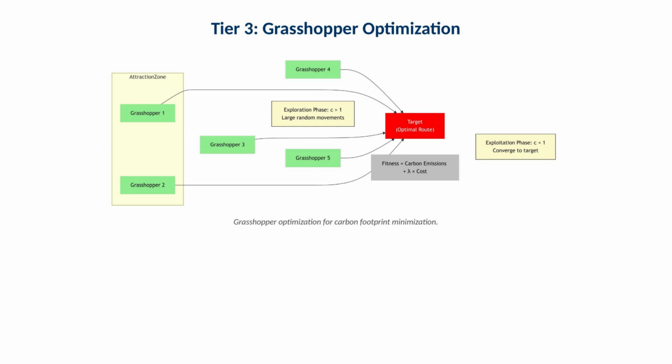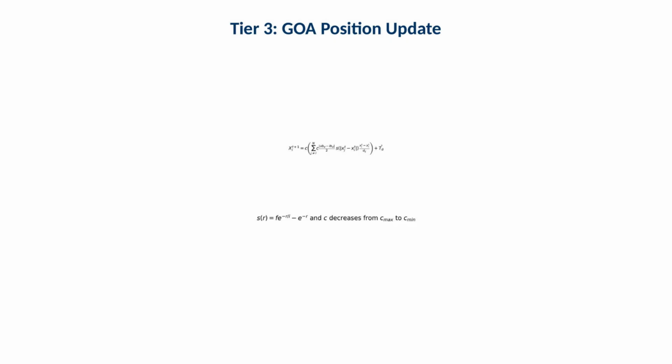Grasshoppers represent candidate solutions that move through the solution space based on social interaction forces. Early iterations encourage exploration across many patterns, while later iterations concentrate around the best solution found so far. The position update rule describes how each candidate solution is updated relative to others and relative to the best known target. In spoken terms, the algorithm gradually reduces randomness, so the search shifts from exploration to exploitation, converging toward a